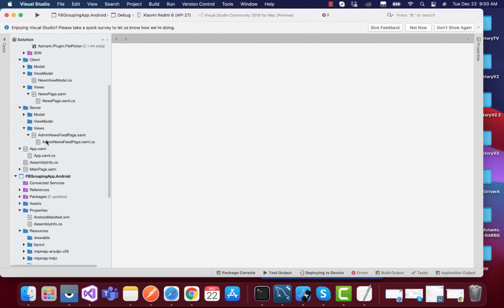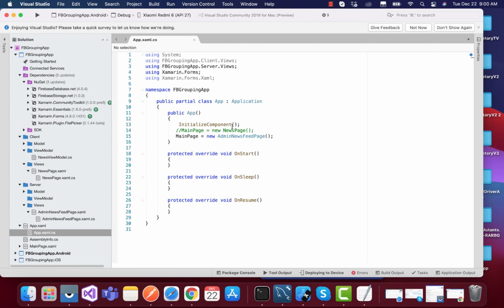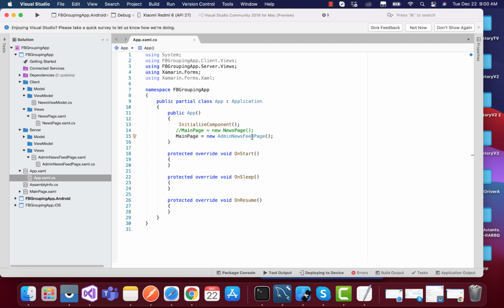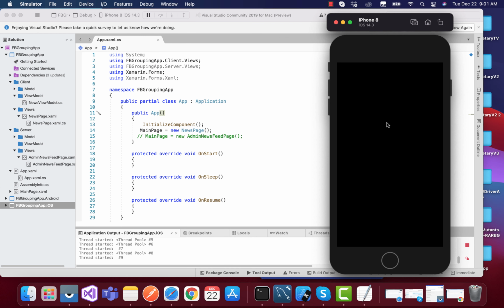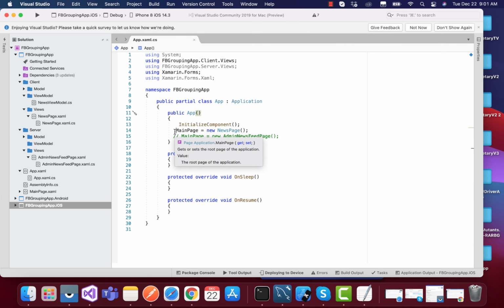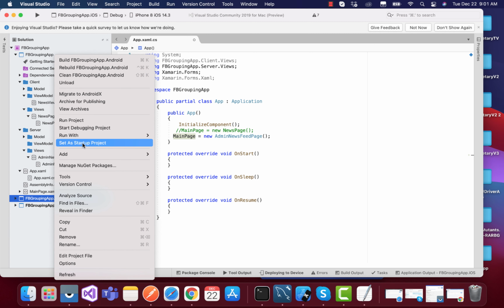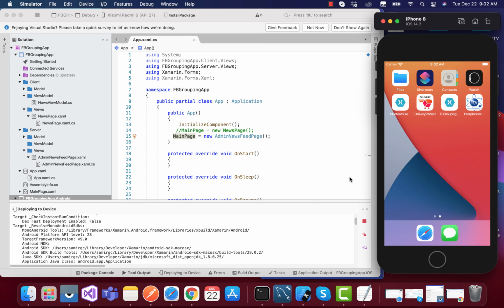So we are all done with the file picker plugin, but I highly recommend you use our Xamarin Essentials. And as in our previous tutorial, we already know that we have our admin app as well as the client app. So client is our customer. Let's set our iOS project for our customer app. We won't see any data. That is because we have not added any information from our admin app, that is, our image was not uploaded to the Firebase. So our next objective is to set our Android project as our starting project.